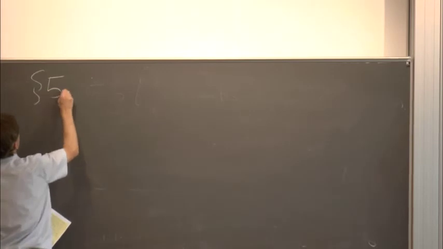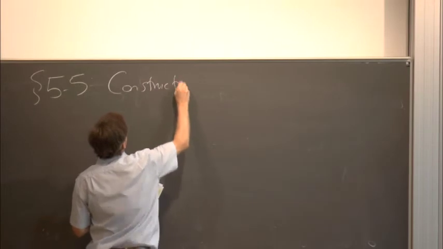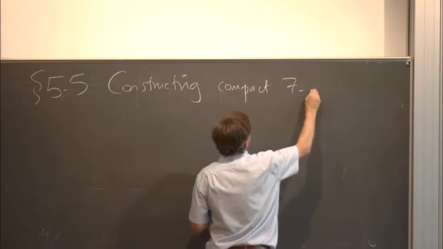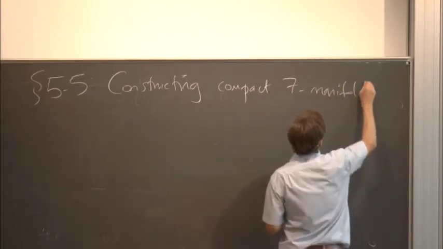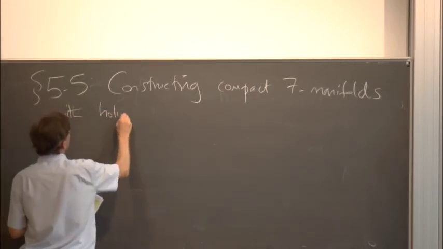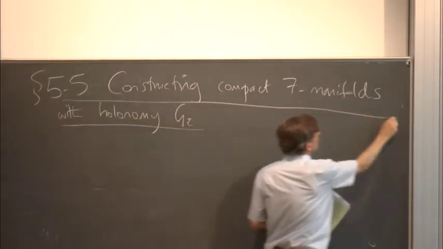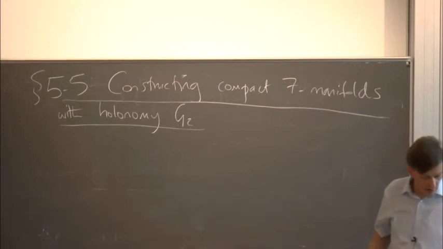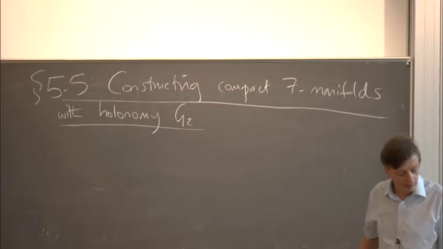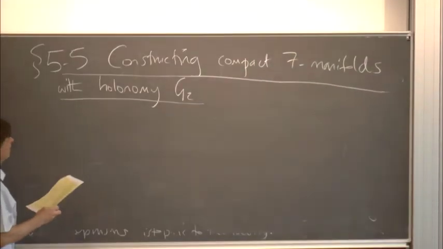So let's have a section 5.5 on constructing compact 7 manifolds with holonomy G2. So if you want to know more about these, you should look in the nearly infallible books. And actually the black one has got much more details on G2 and Spin 7. And that's kind of its primary focus, really. Okay, so